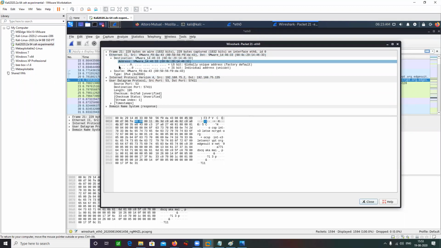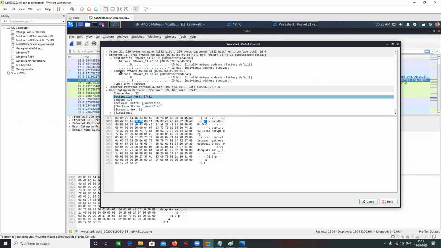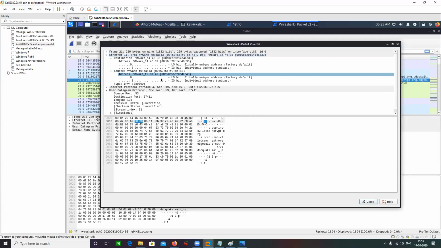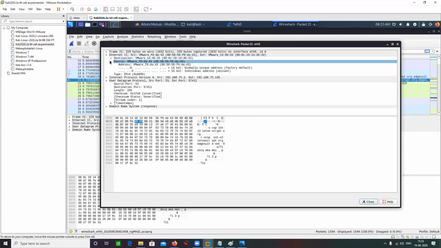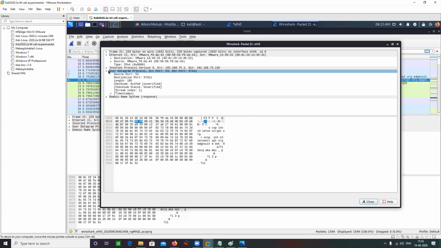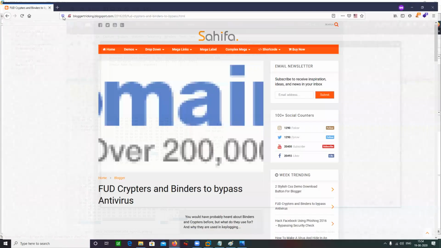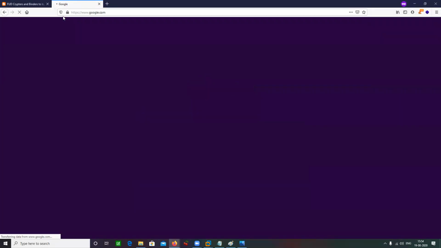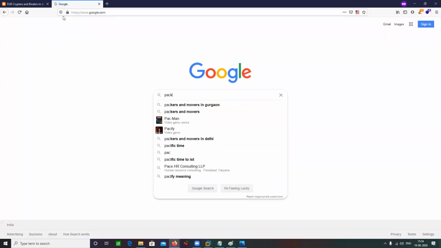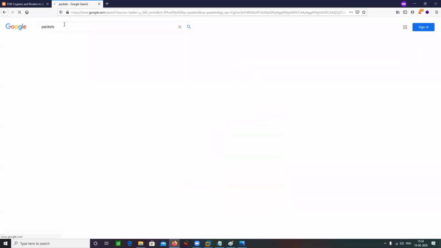For packet header analysis, you need to be very well versed with the headers at least. What are the headers and what should I expect in the headers? In what field, what should I expect? These are your packet headers. Again, this boils down to networking. I'm talking about these headers.